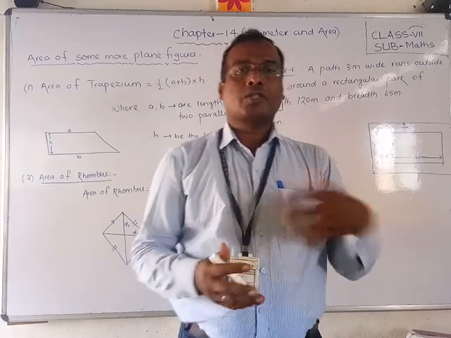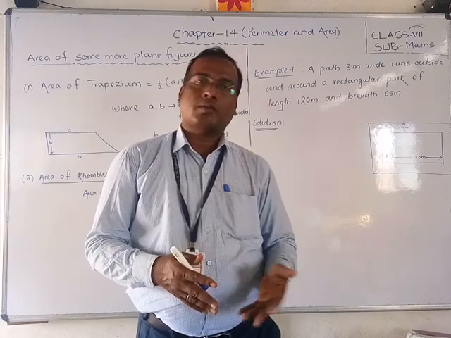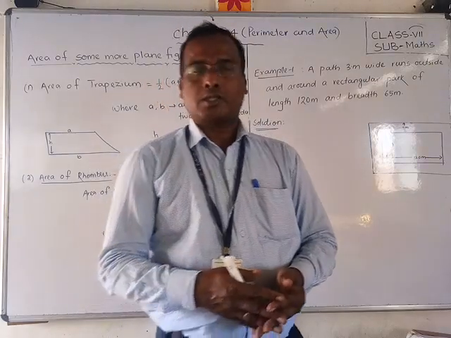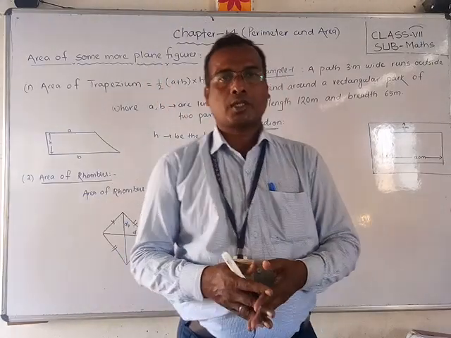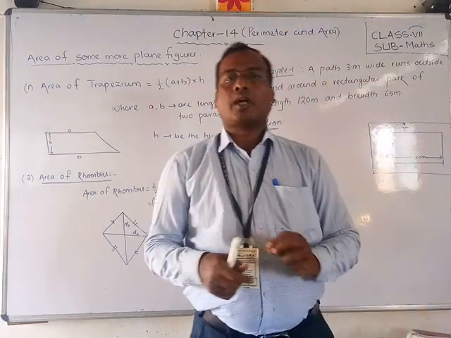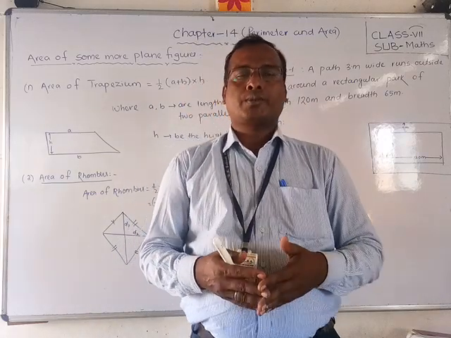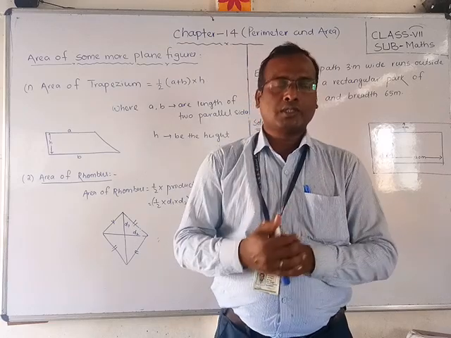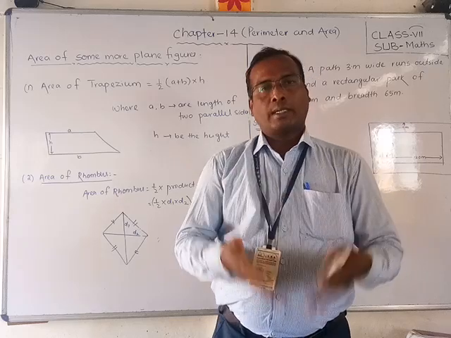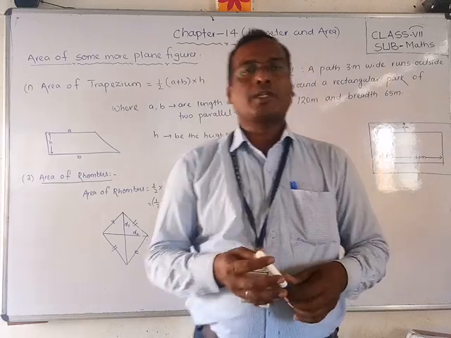In the offline class you have already studied the different plane figures, and what the perimeter and area are. But students, today we are going to discuss some special plane figures and how to find their area. First of all, you should get the idea of what plane figures are. Already you have studied, but I will recall and remind you. Plane figures are generally two dimensional, and we have studied the triangle, square, parallelogram, trapezium, rhombus. These are the plane figures, only length and breadth is here, yes or no, 2D.